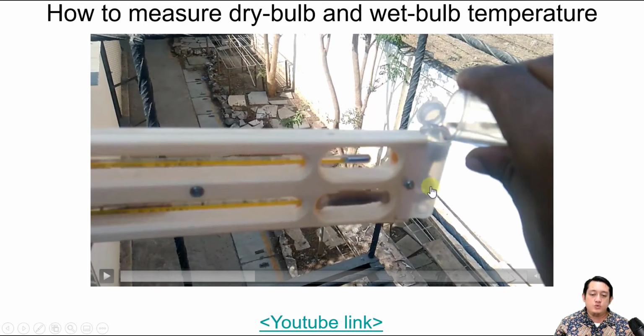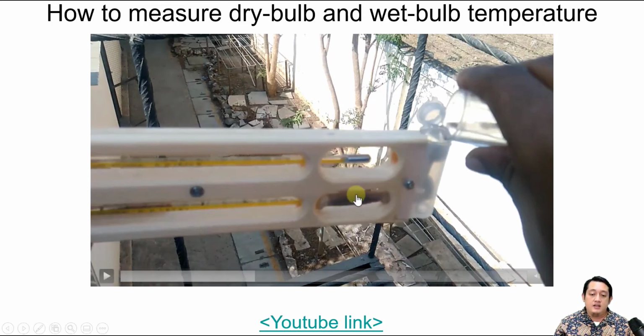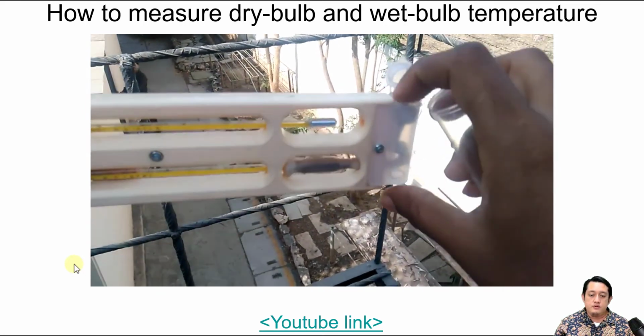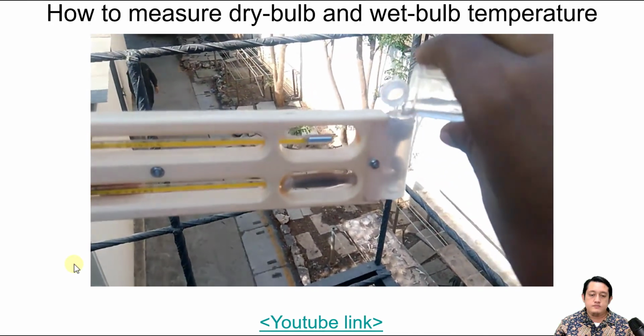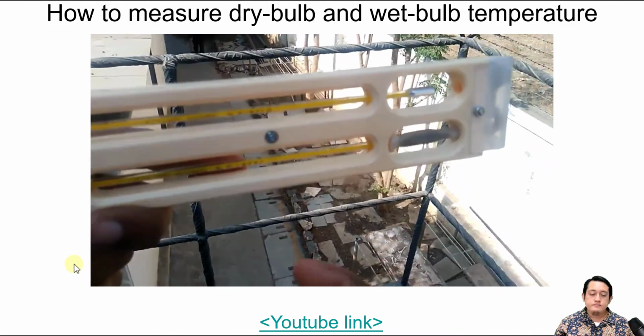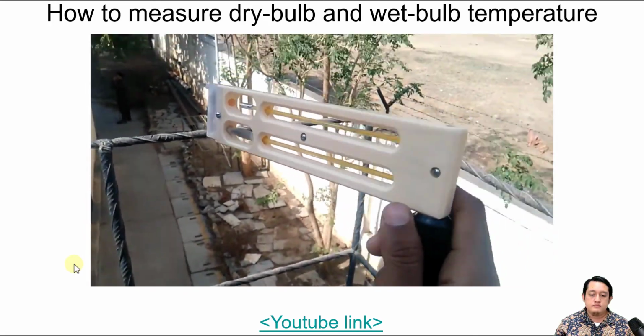So when he adds this water, the cloth will absorb it and cover the tip of this thermometer with a wet cloth. This is how we create the relative humidity of 100%, meaning that all of the water is evaporated at the tip of this thermometer. The cloth gets soaked so that it will absorb moisture and we get the wet bulb temperature. After that, swing the psychrometer in the air